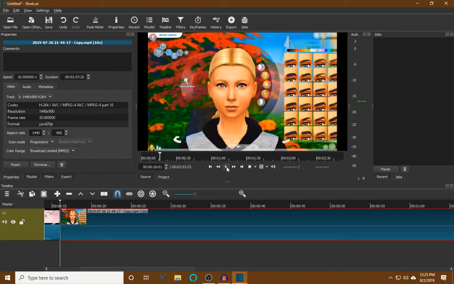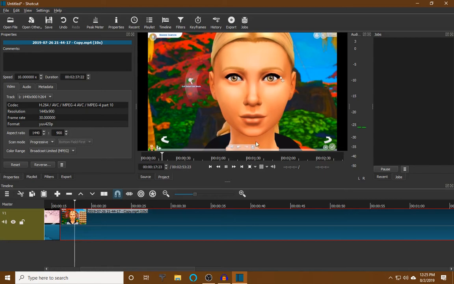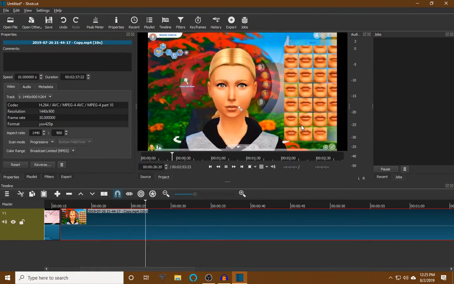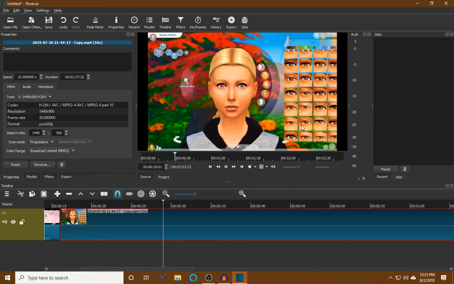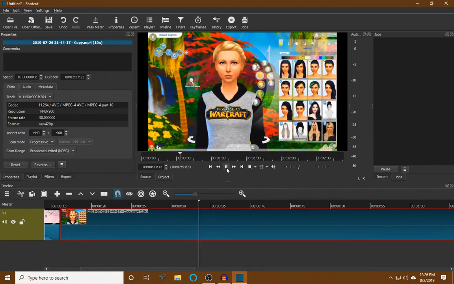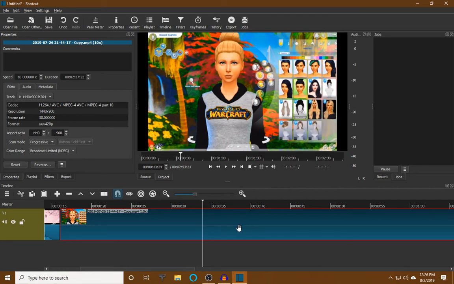So we're going to go ahead and hit play. And then you can kind of test your speed this way to see if it's going fast enough, or if it's going too fast. And then you can adjust accordingly to how you want it done. So, okay, let's say that right about at this point, we're going to pause it. You want to cut a section out that you saw previously. Or if you want to cut it here until the next point, and then that way it'll cut out stuff